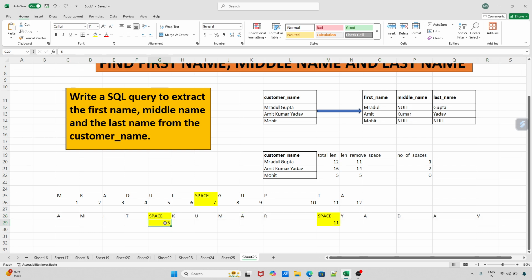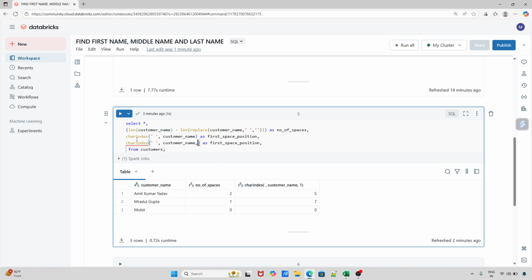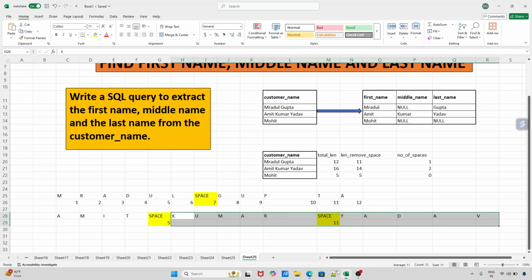Now to find out the second space, I will not consider the whole name from the beginning. I will consider the name from here. For example, if I consider this as a single name, then I can easily find out the position of the space. That's what this function was doing. It was giving me the index, the space present at which index. So now to find out the second space position,